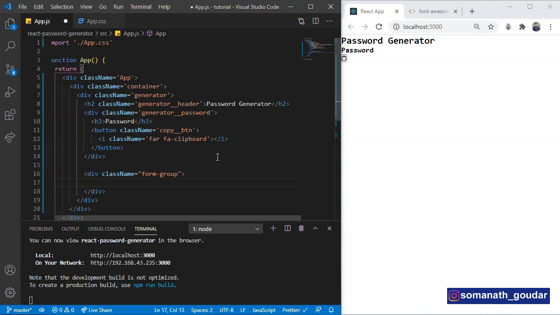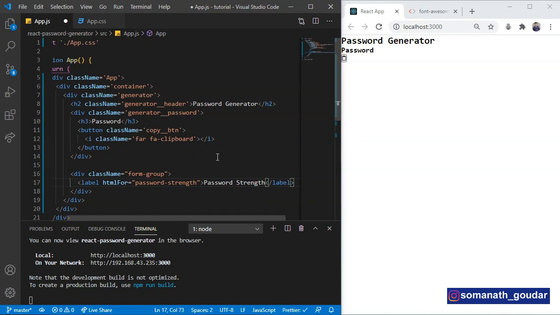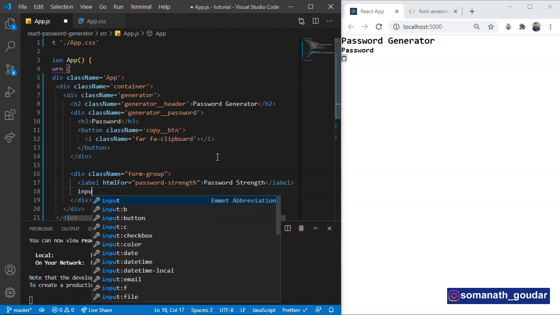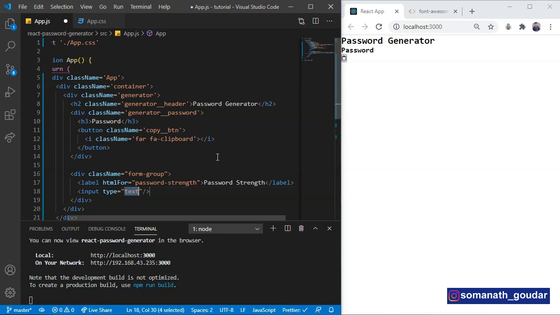Inside of this form group, we are going to have a label for password strength, and this is going to say password strength. And it is also going to have an input with a type of number.